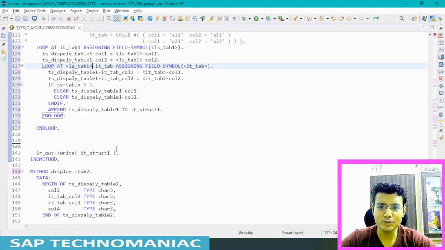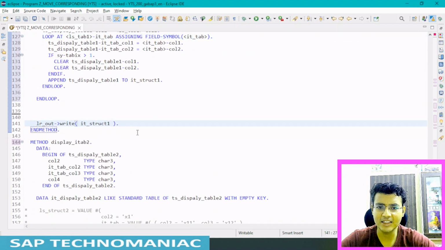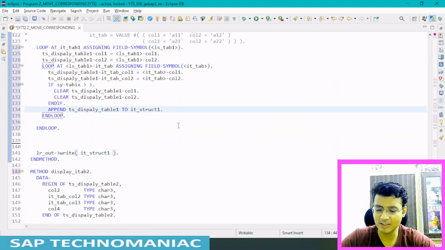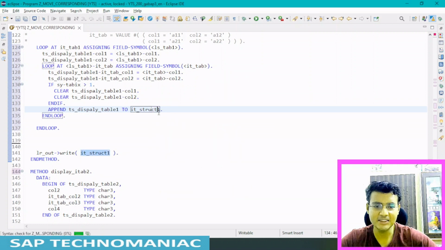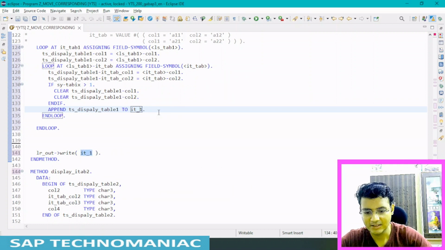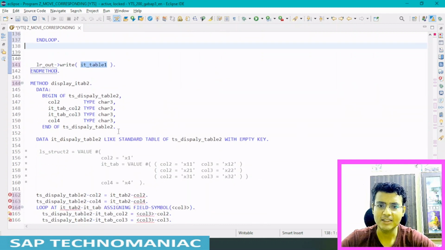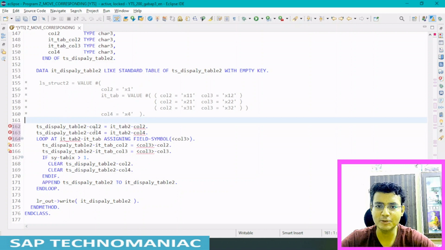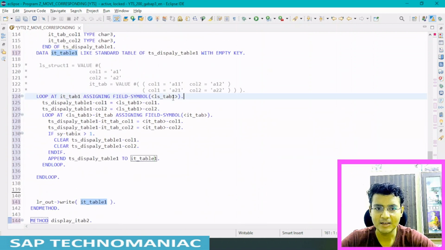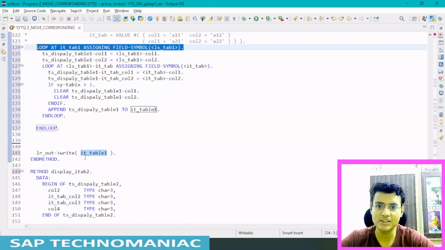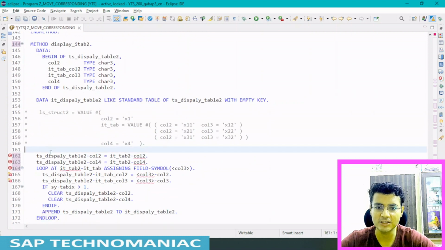The same I have to do with this one. Can I rename this one? IT_STRUCT_1, Control 1, rename it IT_TABLE_1. Okay, the same goes here as well. I have to loop this one, same thing, but this time Control C. I have already done it for the one structure, no need to do that.